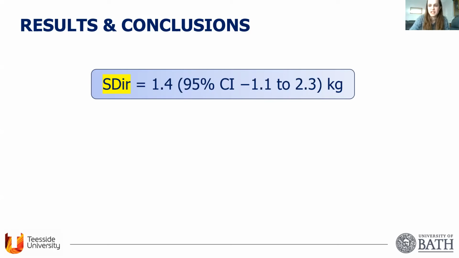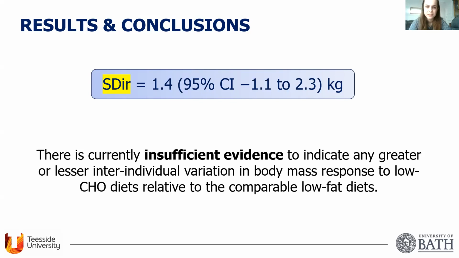kilos. And this is a small response heterogeneity with a wide confidence interval that overlaps 0. This therefore highlights the imprecision of this estimate of inter-individual response variability. This therefore indicates a lack of evidence for the inter-individual response variability that we can directly attribute to the low carbohydrate diets and relative to the inevitable random within subject variability in body mass that naturally will occur over several months. This therefore leads us to conclude that there's currently insufficient evidence to indicate there's any greater or lesser inter-individual variation in the body mass response to low carbohydrate diets relative to the comparable low-fat diets in the trials conducted